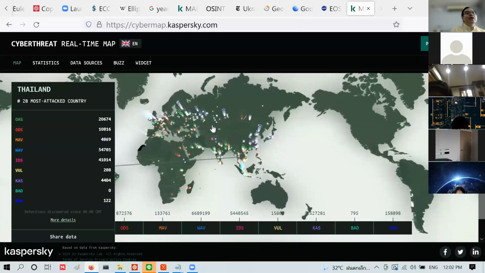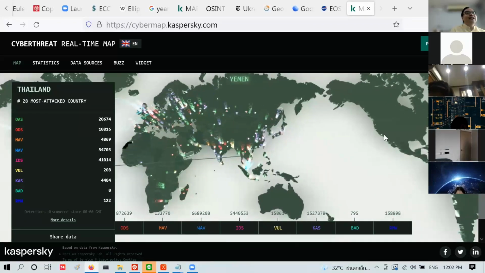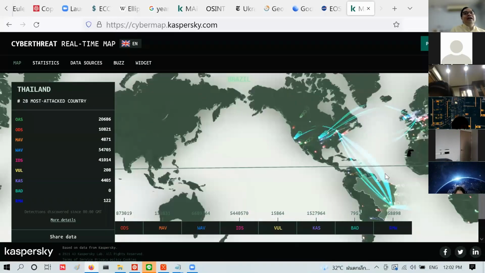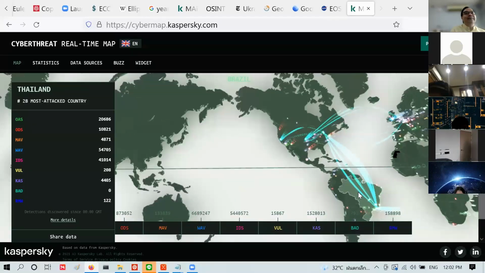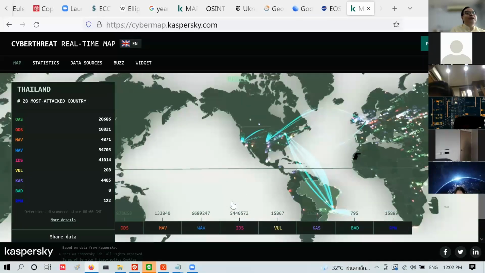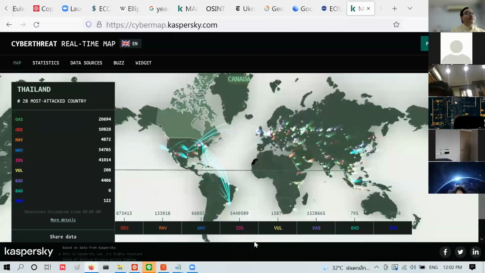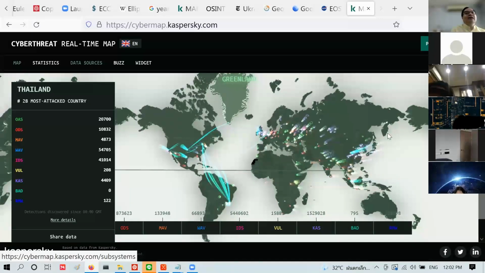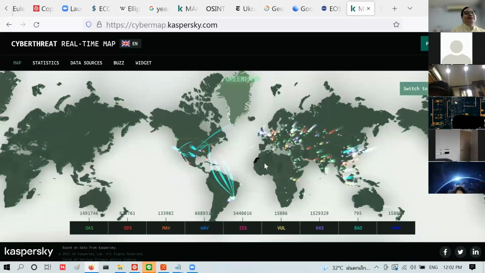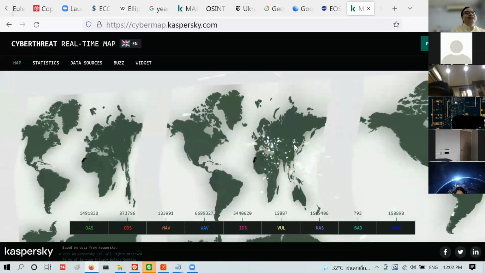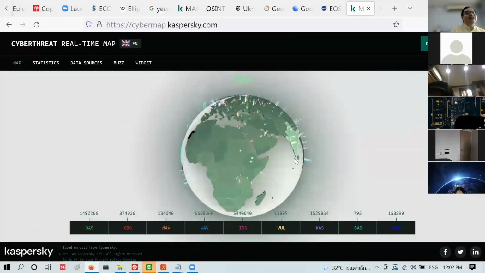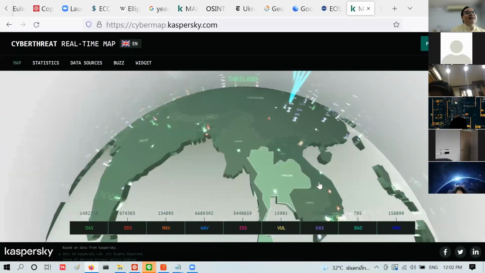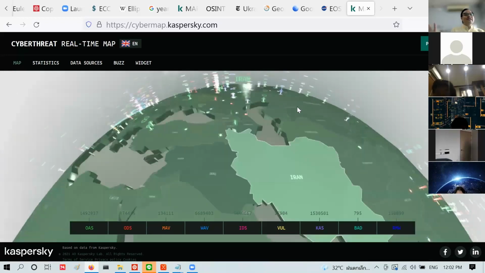So this is actually going on right now. When I did this a few years ago, there was a lot of North Korean activity. Today, some Thailand. So this is all cyber attack, going between, you know, Brazil and the United States. This is live, by the way. You can view this as a globe, which is prettier but not more informative. So that's what's happening right now. Oh, we are pretty peaceful right now. That's good. But there's some attacking to and from.